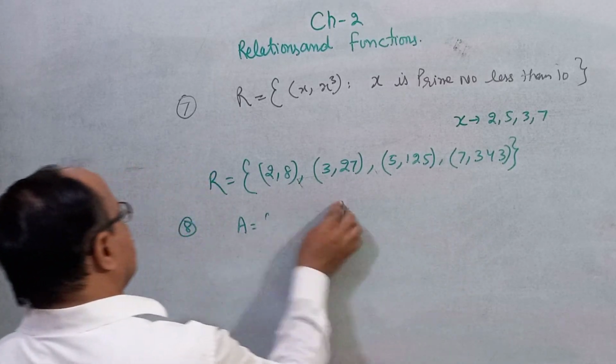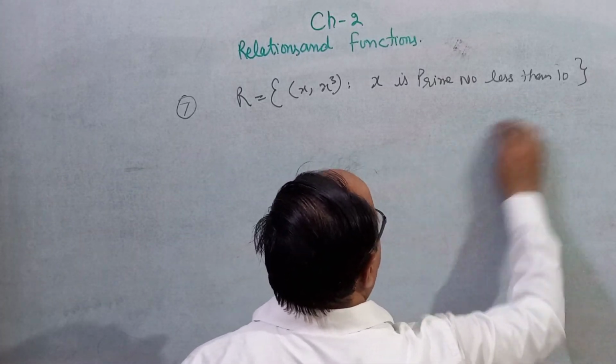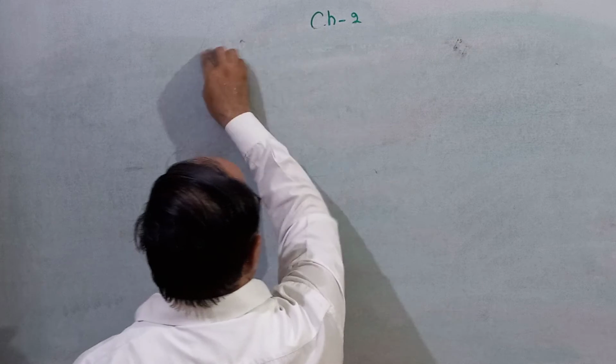Question numbers 6 and 9 you can solve orally. The relation is given: A belongs to Z and B belongs to Z, and A minus B also belongs to Z. It means the domain of this relation is Z, the integers, and the range of this relation is also the integers, because you know that the difference of two integers is also an integer, correct?